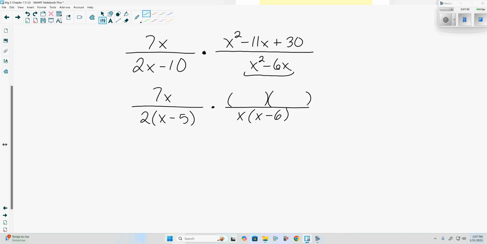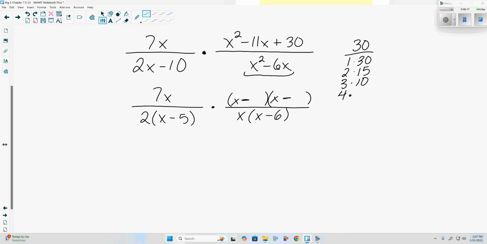On top, the last thing we have to factor, x squared minus 11x plus 30. Since the 30 is positive, our signs are the same and match the sign of the middle term, so negative and negative. Factors of x squared, x and x. Factors of 30 are 1 and 30, 2 and 15, 3 and 10,